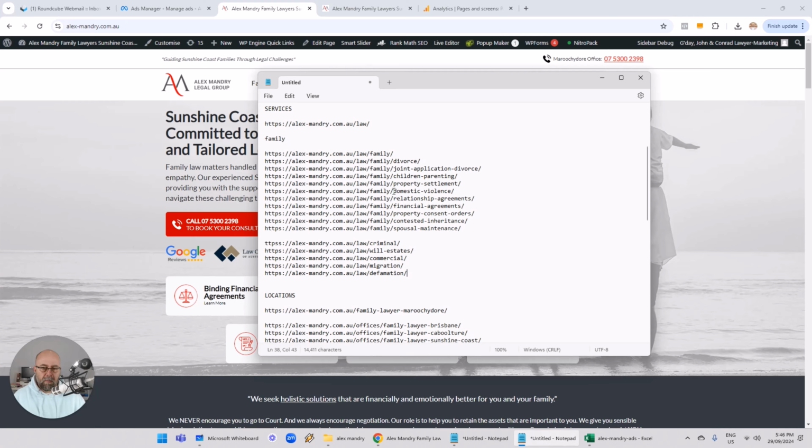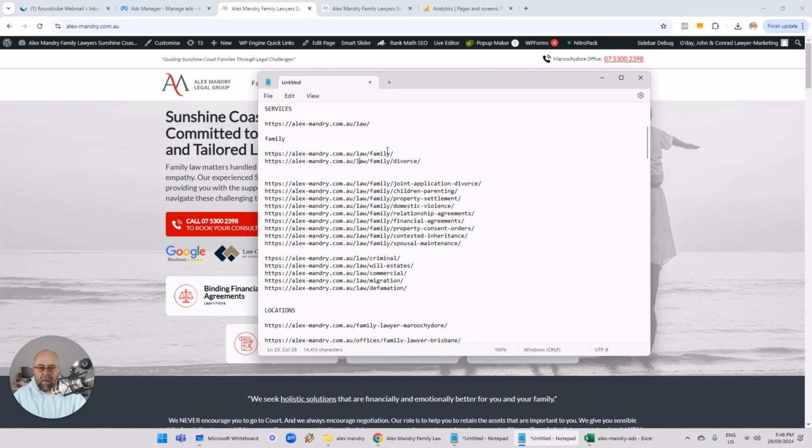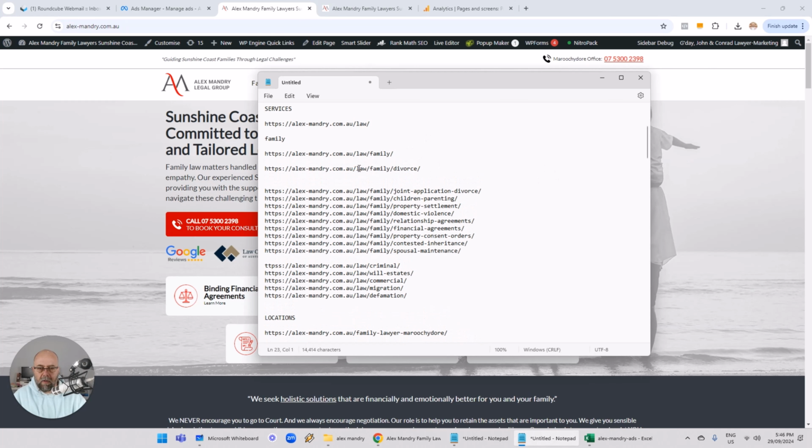I found that, probably because I've been through this process so many times, I just know off the top of my head, okay, this is the best way to do it. And as you can see here, I'm working towards less. Okay, I'm working towards less. This is so, so important. For example's sake, I haven't done